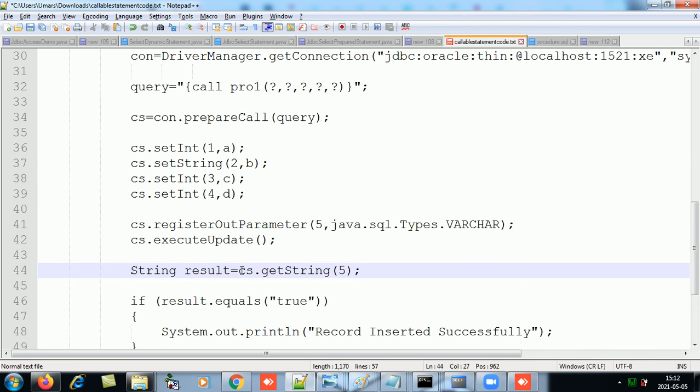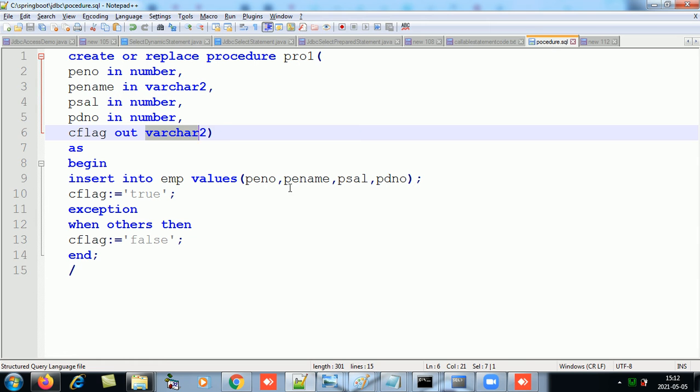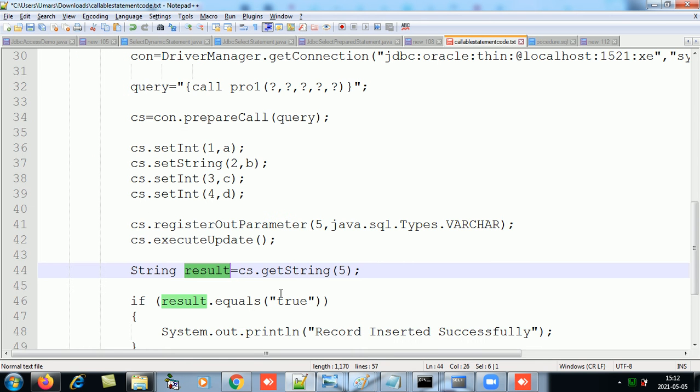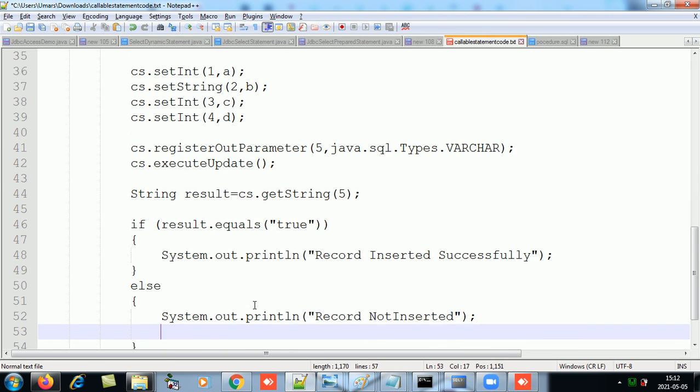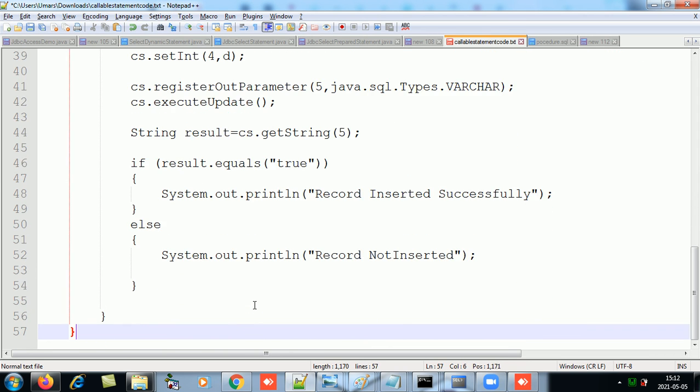From the CS we get the string, because these were all set as input and this is the output. So getString, which question mark? Question mark number 5, and store it in the variable result. Now what was this supposed to return? It's supposed to return two values, true and false. So here we will check: if true, the record was inserted successfully, else the record was not inserted successfully.